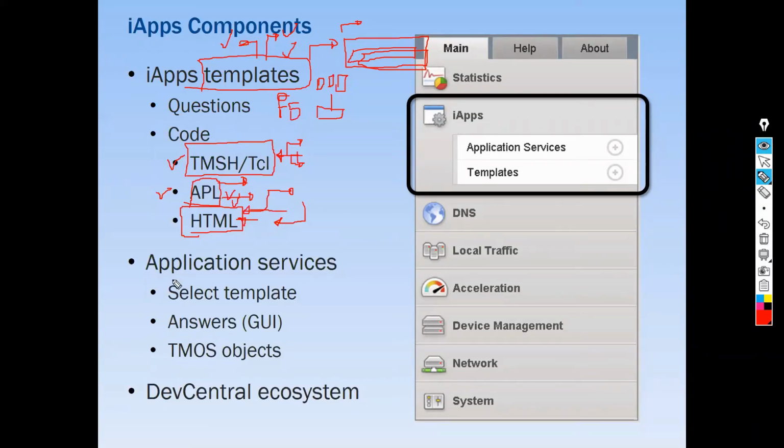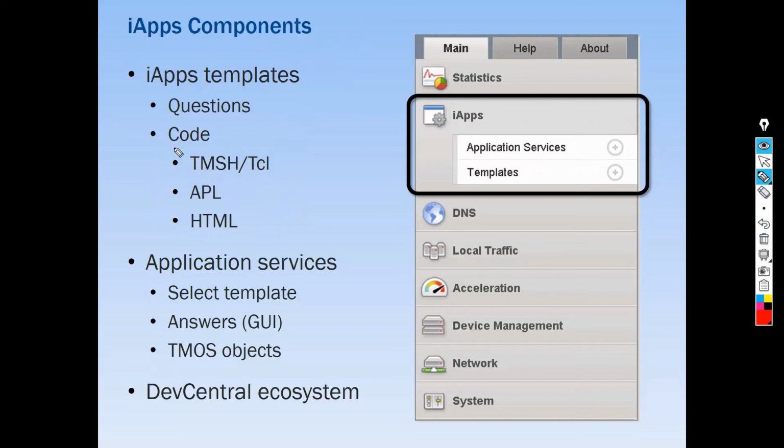Okay. So HTML is all your help section. Now these three codes all together form your template.